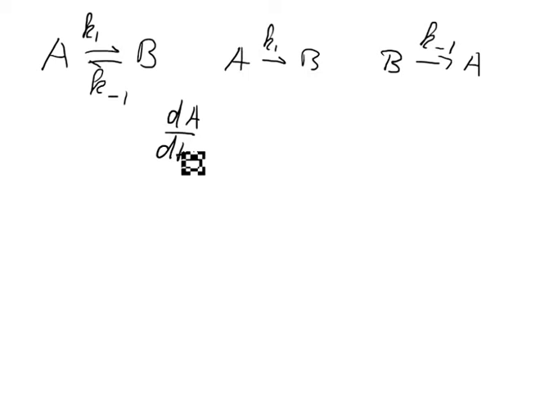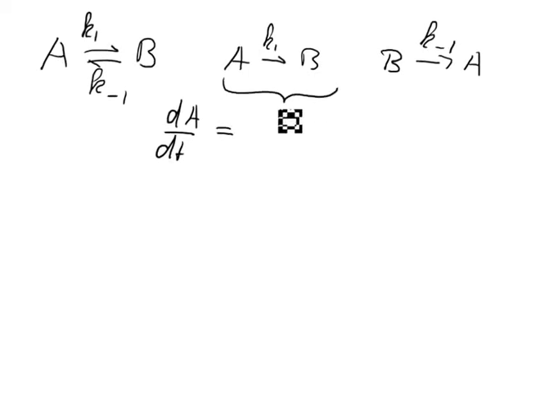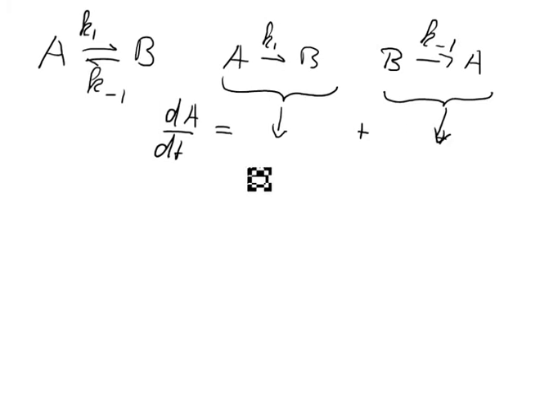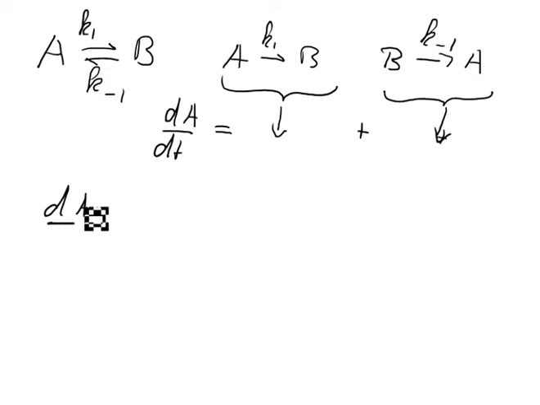Now we can write the rate of change for the concentration of A, dA over dt, which equals nothing else but the rate equation for this reaction here plus the rate equation for this reaction here. And we know that we can express these things. So we can say, for example, dA over dt